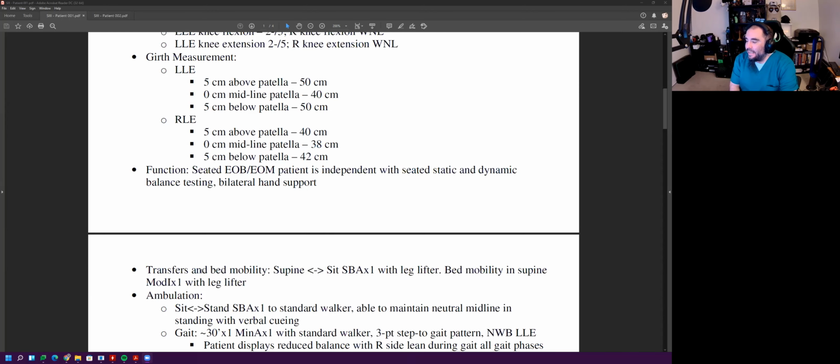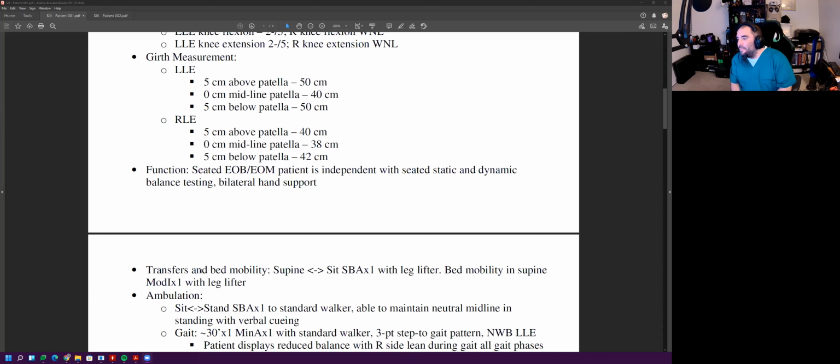Transfers. It says bed mobility, supine to sit. She's standby assist. What does standby assist mean? SBA. We're just giving them verbal cues or being near in case they need assistance. Yeah. So where are our hands on the patient? No. For standby assist, we're not on. We're just kind of there, right? Independent, we're definitely not hands on with them. But standby assist, we're just there if they need us. But for the most part, we're like, okay, good. Use that leg lifter,